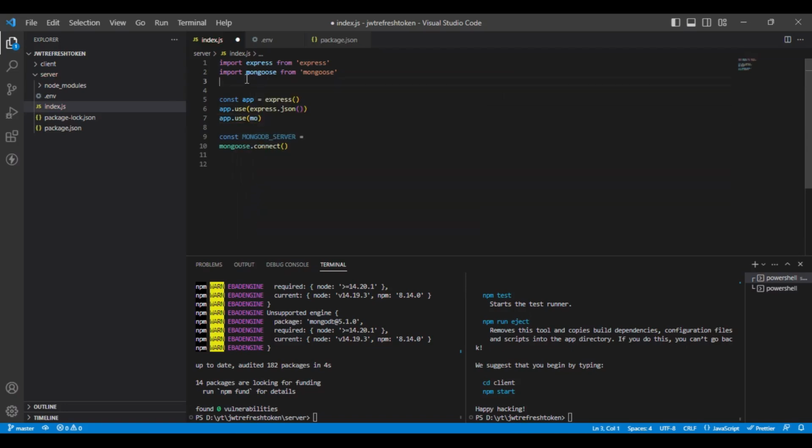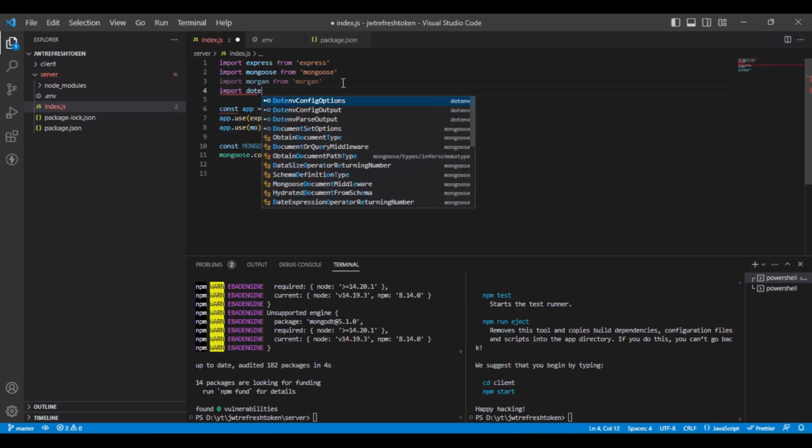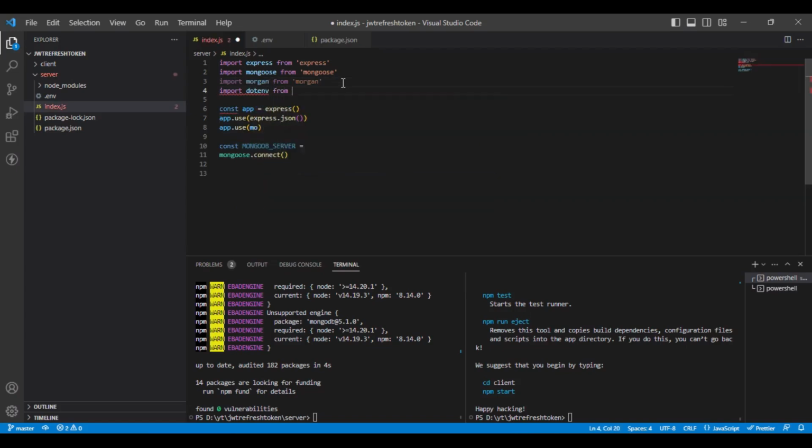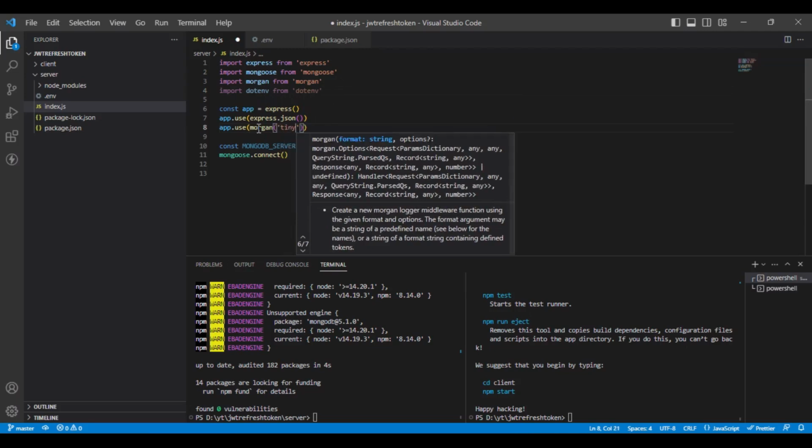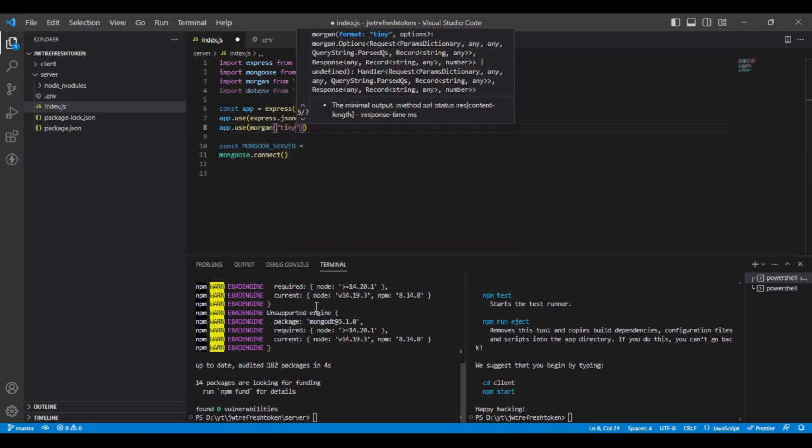So we need to import Morgan as well, and I will import dotenv from dotenv, and here I will call the Morgan method, and here I will simply pass tiny so I can see server logs, and after that